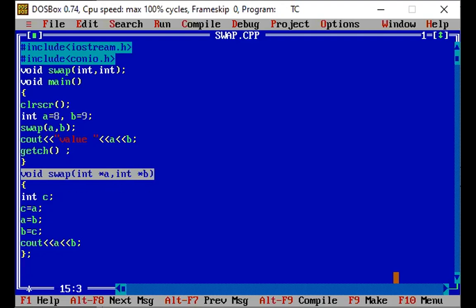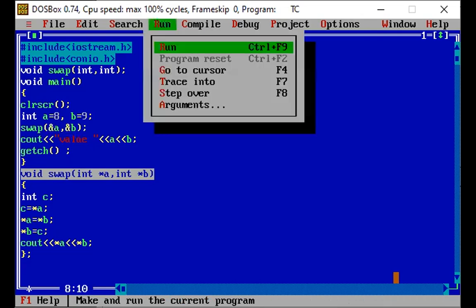C is the temporary variable, so I will not make it a pointer. So I will make references here. Now I will exchange the addresses. Then by swapping,